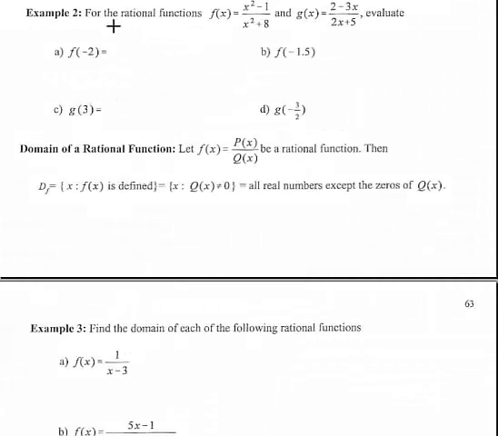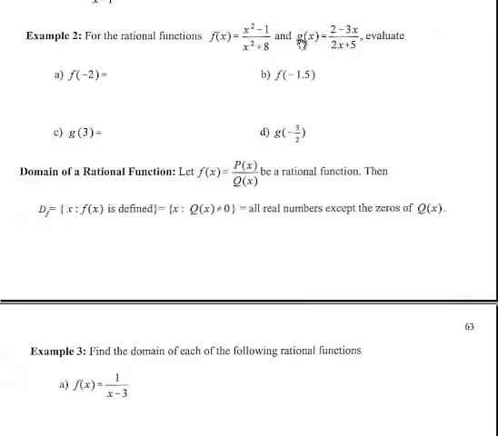Example 2 reads, for the rational functions f and g, and we can check and verify that they are rational. The numerator is a polynomial, and so is the denominator. And I'll move this down a little bit. G of x, whole number exponents for the numerator and denominator polynomials. So they are both rational functions. And once again,